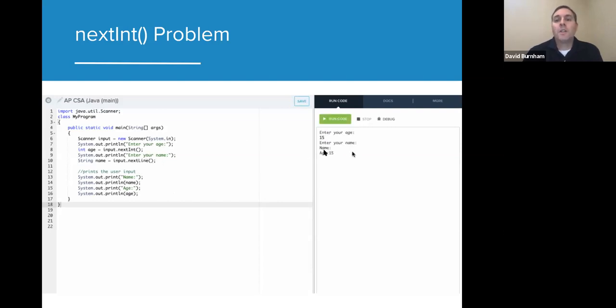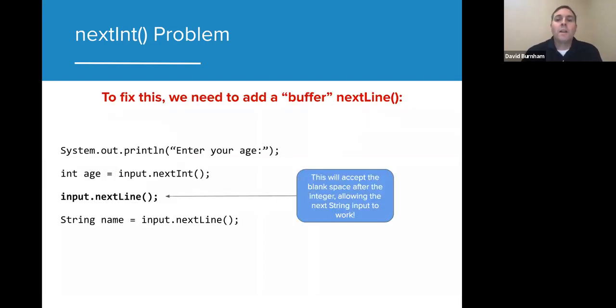It actually never even gave you a chance to respond to the prompt. So how do we correct that? Well, we do that by essentially allowing this blank line reading in. This next int reads part of the line. This input next line then finishes off that line, reading the rest of it. It doesn't actually store it anywhere because we don't need the rest of that line. It essentially clears the buffer out and then allows me to input that next line in the next spot